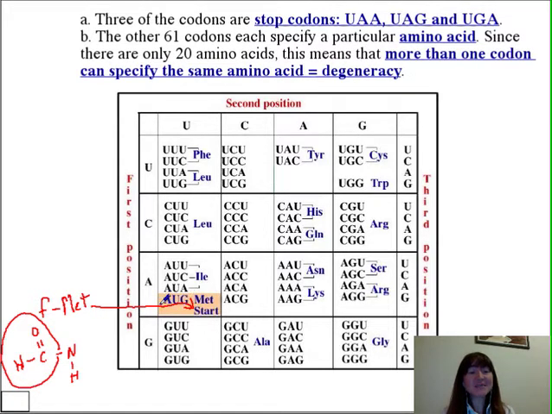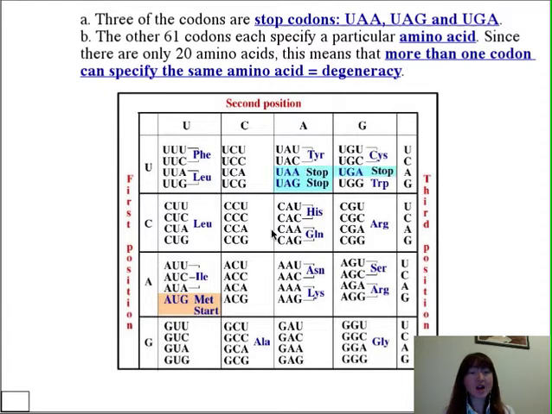So AUG specifies the beginning of translation, and then depending upon what codon is encountered next will dictate the second amino acid in the chain. So if we write down and fill in the rest of the table, we begin to see a lot of degeneracy. We see not only the stop codons, 3 of them that can all encode for stop,